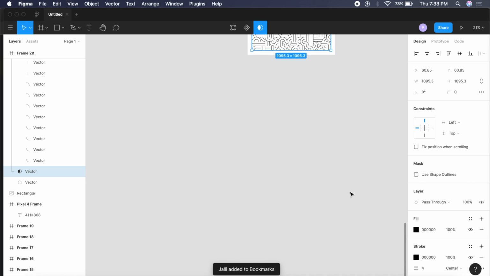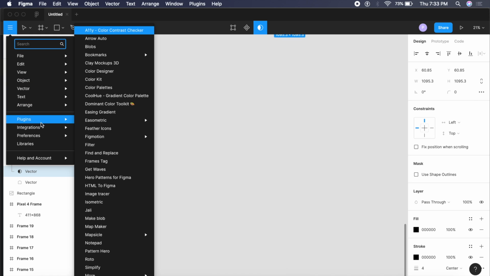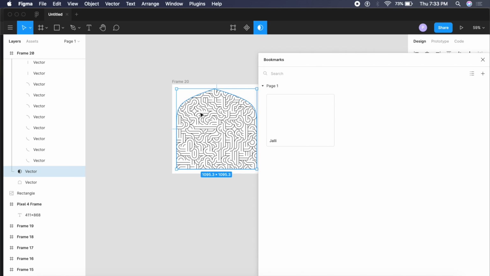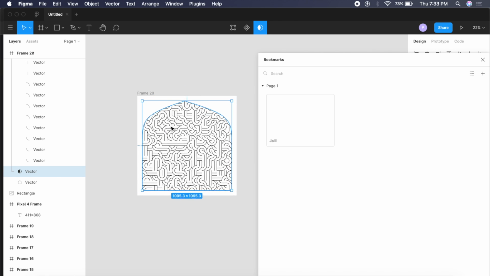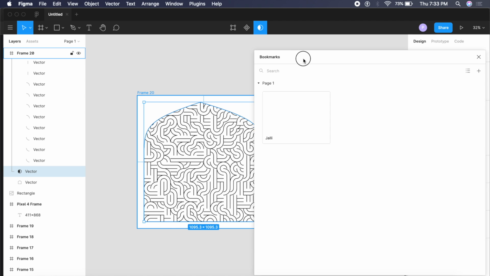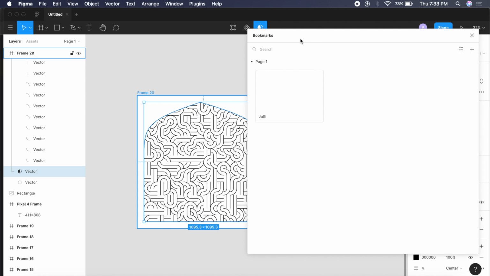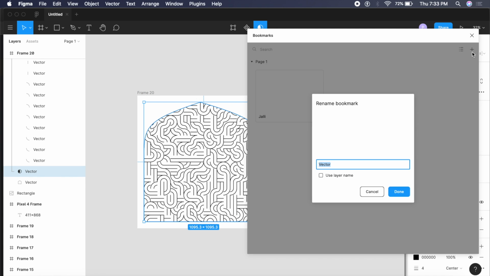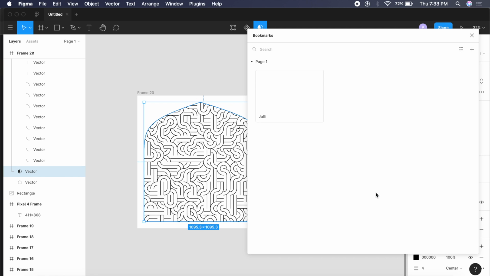And anytime during your workflow, you can just go back to plugins, go to bookmarks and just say show bookmarks. As you can see, Jali has appeared here. And if I click on it, it will basically navigate me to that Jali or to that element. So basically it's not creating it, it's creating a library for you to navigate. Best part is you can even search for something. So if I search Jali, I will of course get Jali right here, and I can see it either in a list form or in that card layout form and add on the go as much as I want right here.